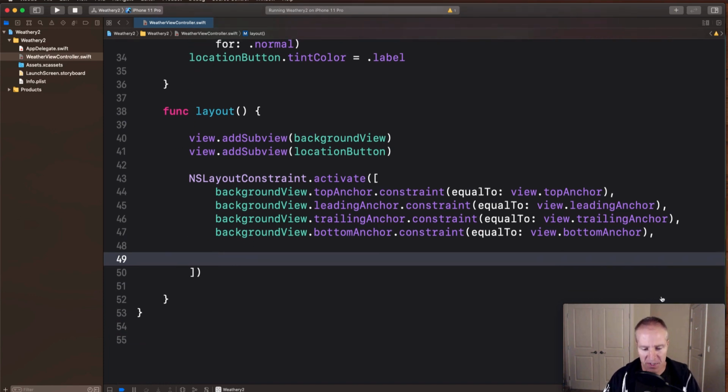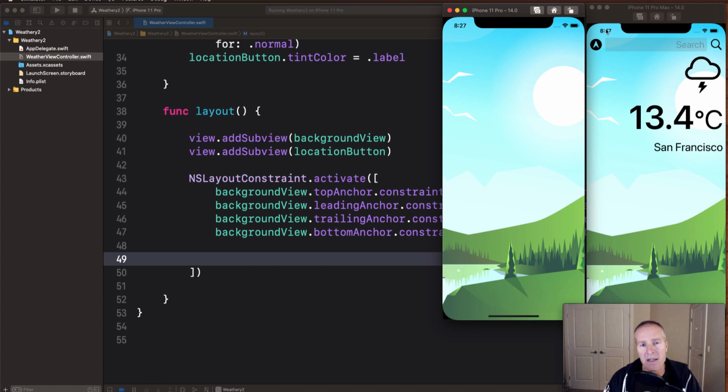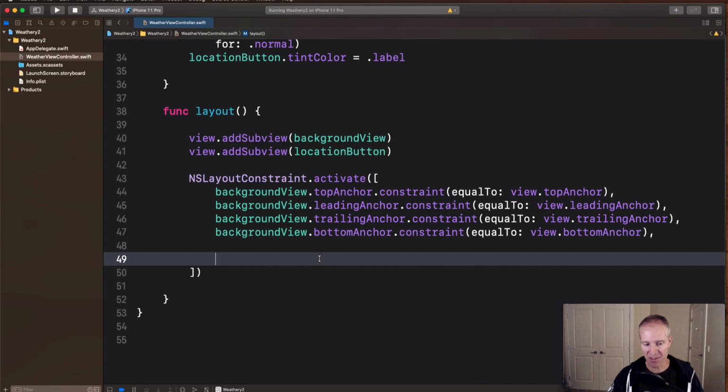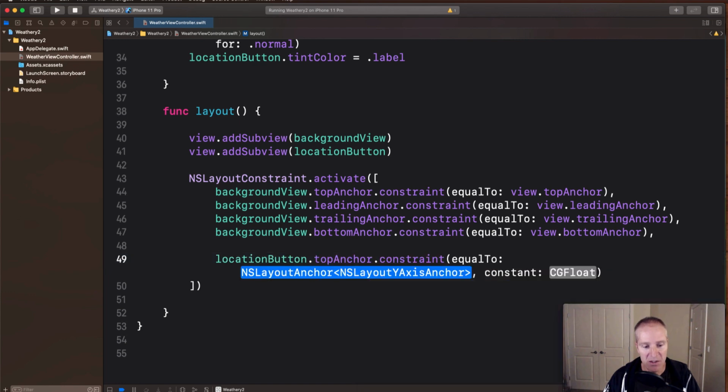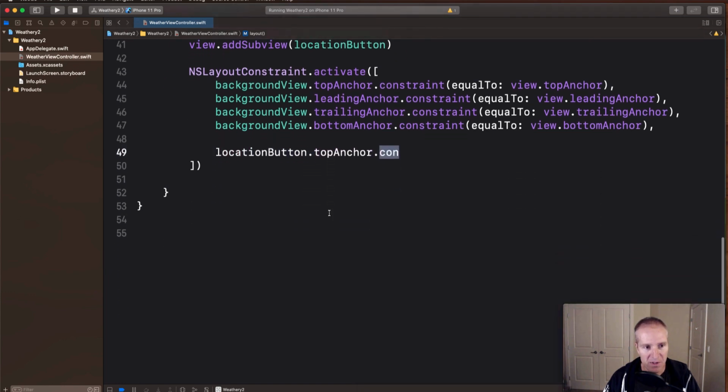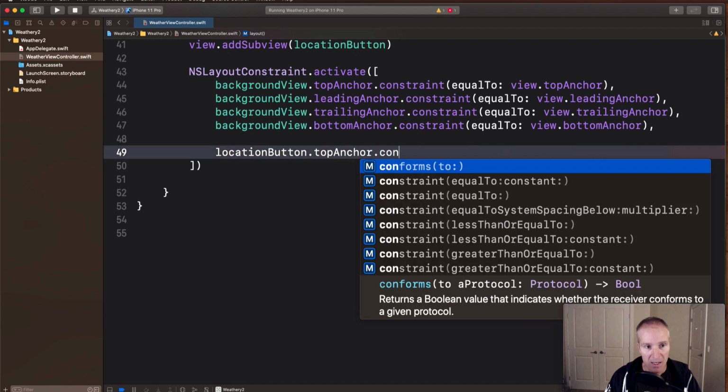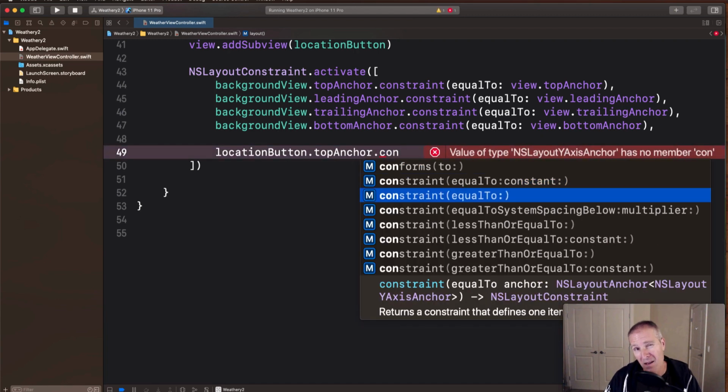Now for this particular button, let's just see where it's sitting. We would like this one to appear, let's position it right at the top. Let's give it a top anchor and a leading anchor. And let's just start with those two constraints and see what that gives us. So we can go location button, top anchor constraint is going to be equal to, I'm just going to scroll this up a bit, I would like this to be equal to the top anchor of my safe area layout